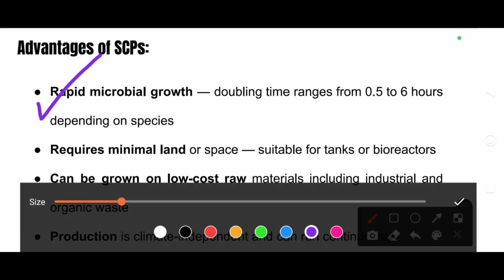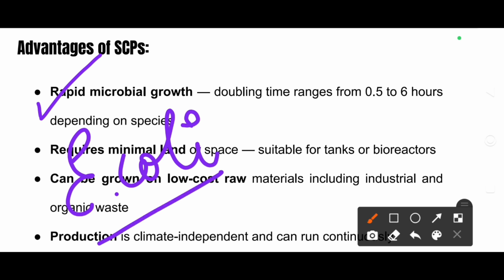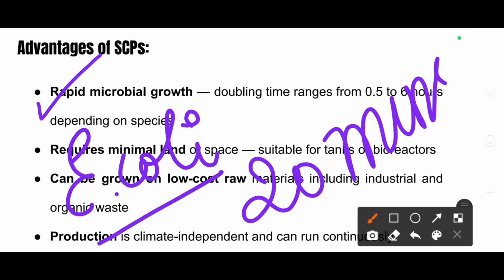So if you take the example of E. coli, E. coli has a multiplication time of 20 minutes, just 20 minutes. Then think of human beings, like we take a huge time to reproduce a kid, or the example of an elephant or any dog. They at least take some months, right?